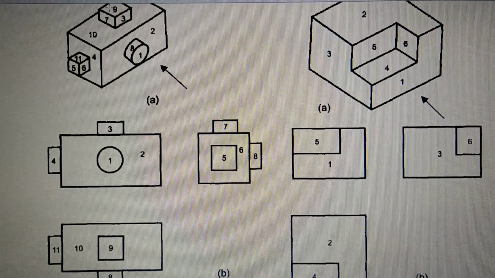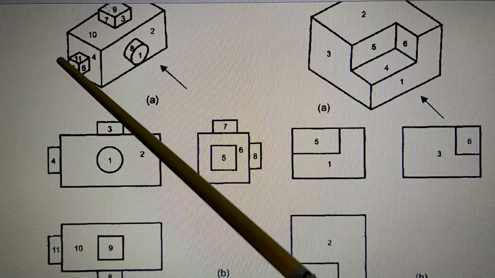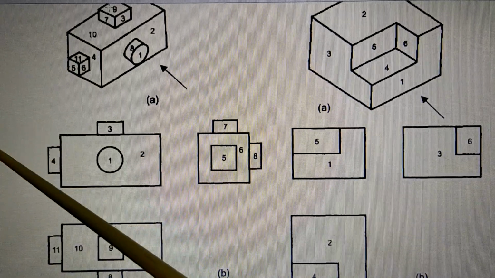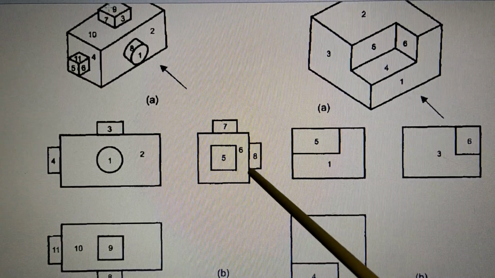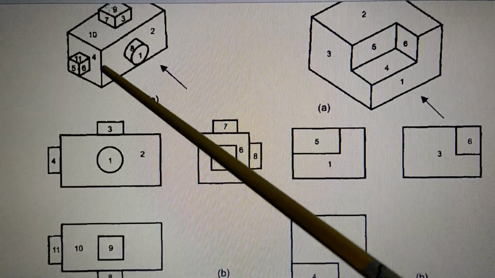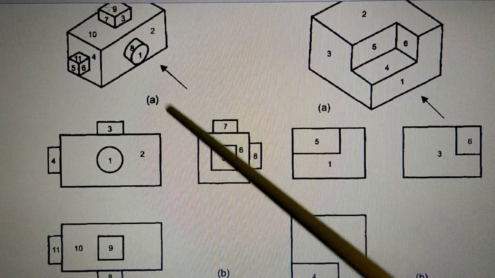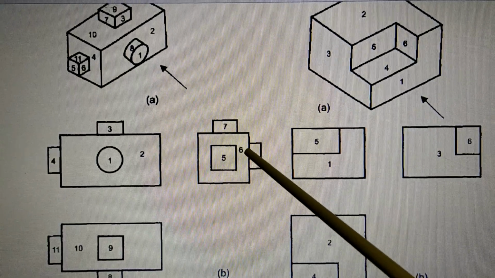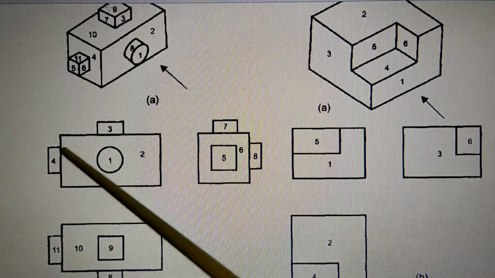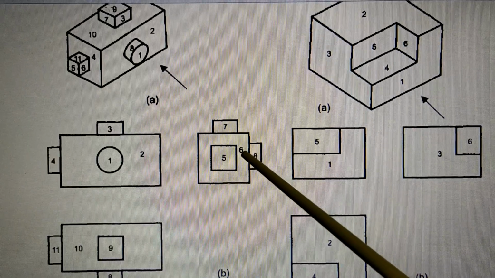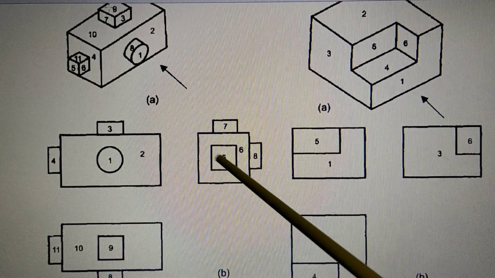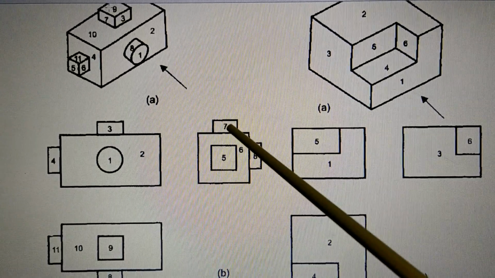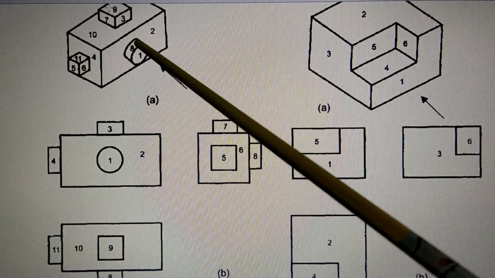Now the right hand side view: look in this direction, that is the left hand side view, and draw on the right hand side. So look from the left side, draw on the right side. At that time surface number 4 is seen. So this is 4. Again by mistake they have written 6. So 4 and 6, you have to interchange. This is 4. Now in the middle of the 4 there is 5. So this is 5. Above there is 7. So this is 7. And on the right side there is 8. So this is 8.